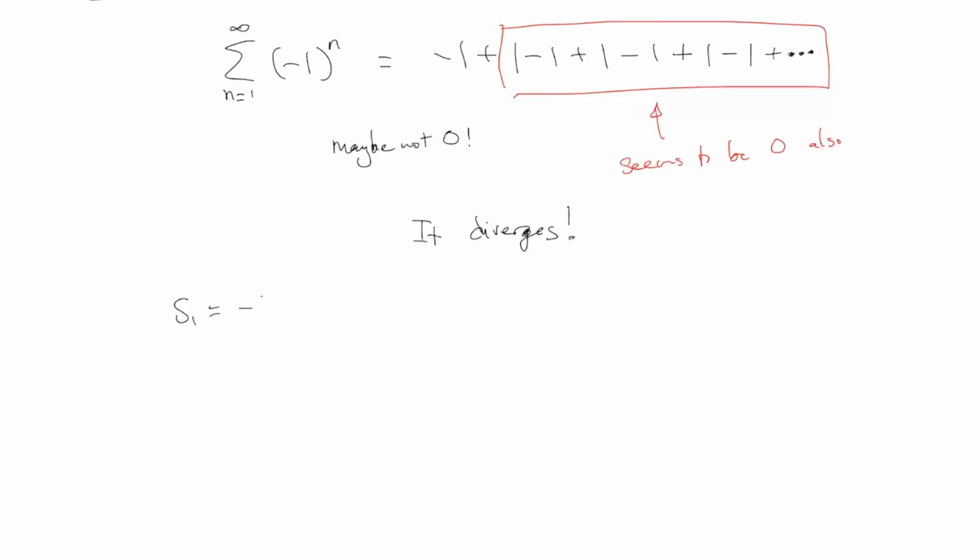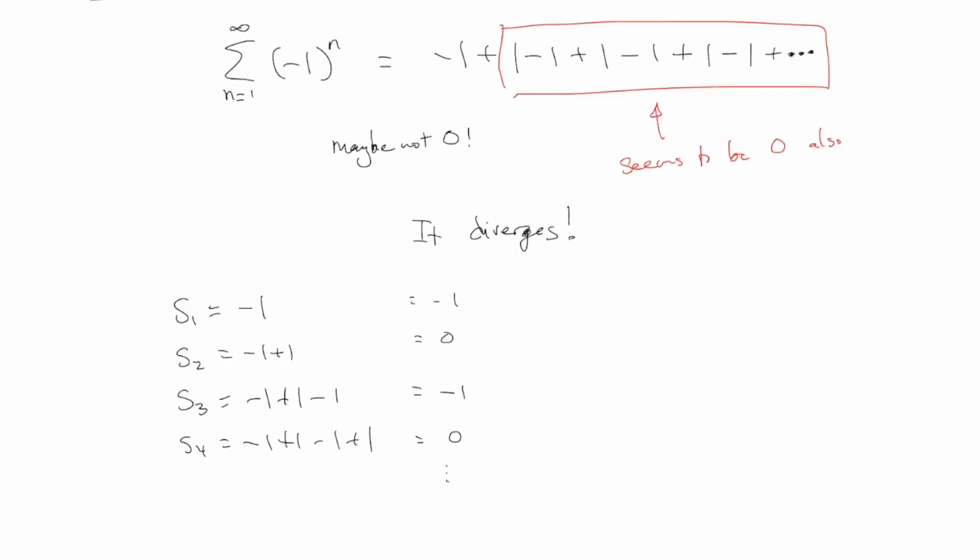So I'm going to write down the partial sums first of all. S1, the very first term, is -1. S2, the next one, would be -1 plus 1, right? S3 is -1 plus 1 minus 1. S4 is -1 plus 1 minus 1 plus 1. You always just write out the first block of terms. And what are these values? We can add them up. The first one is -1. The next one is 0. The next one is -1 again. The next one is 0 again, etc.